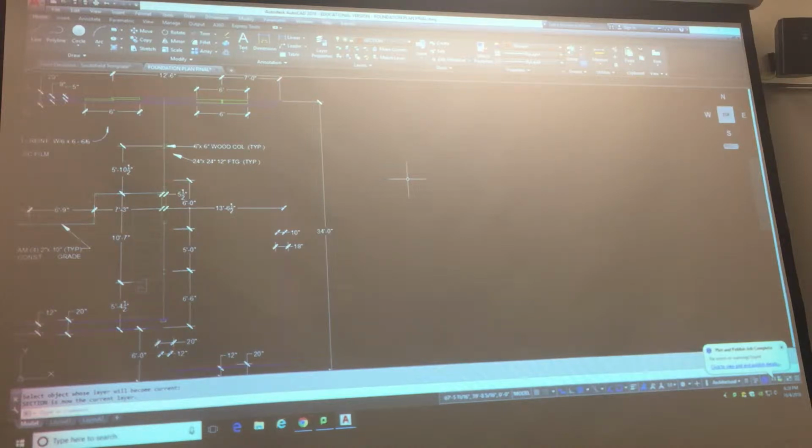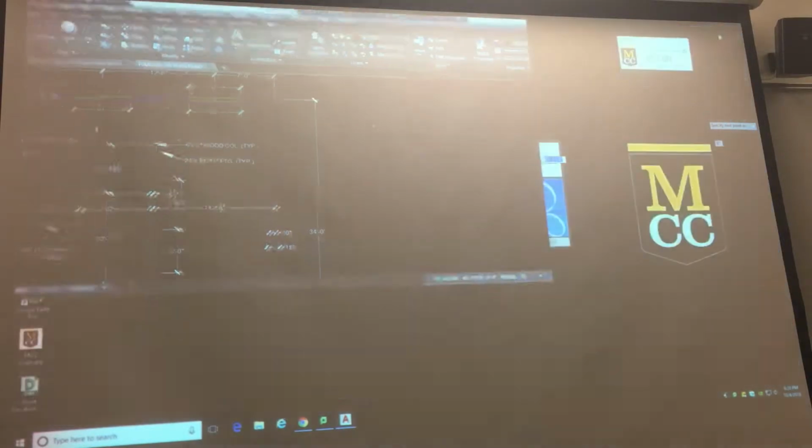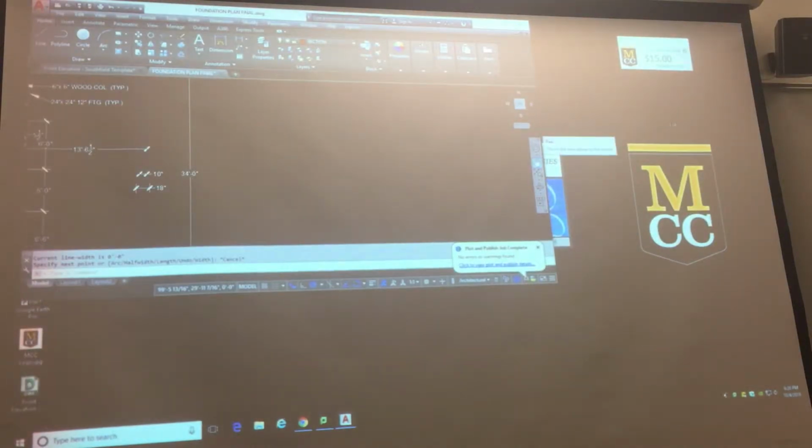Give them a width, okay? So if I want to give a polyline a width, let me show you how this looks. If I go ahead and start my polyline command and I click here, you guys probably can't see this, but if I restore this down and make it a little bit bigger, I want you to be able to see